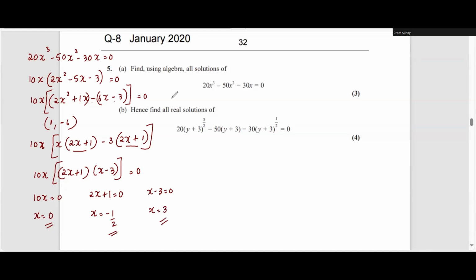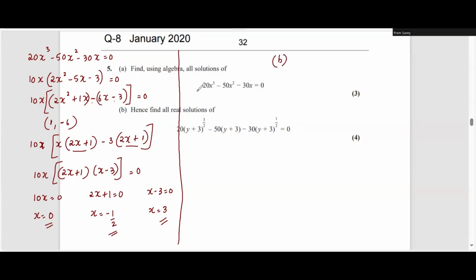So we did the A part here. We'll be getting 3 marks if you solve till here. Now, hence find all real solutions of 20 into y plus 3 to the power of 3 by 2 minus 50 into y plus 3 minus 30 into y plus 3 to the power of 1 by 2 equals 0. So for this, for the B part,